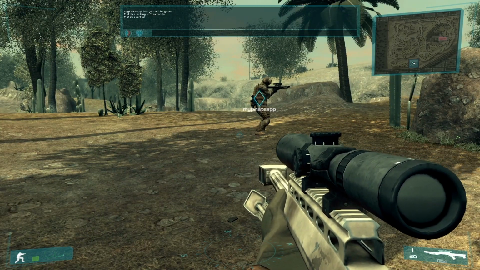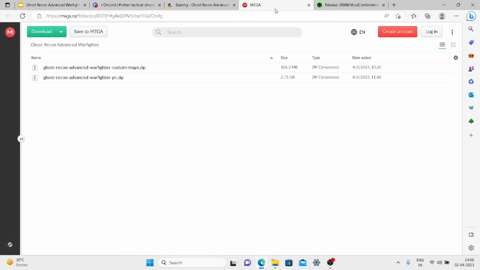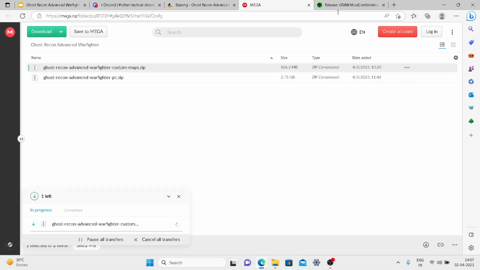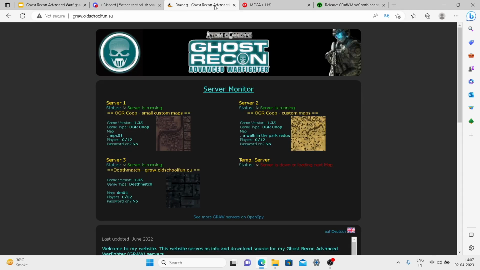So I'm going to exit this and now install custom maps. You and your friends need to exit the game first. Go to that mega link and notice the one that says custom maps. Right click on it and select download and click on standard download here. At the same time, you can find more maps here if you go to the ghostrecon.net forums, or as I would recommend,